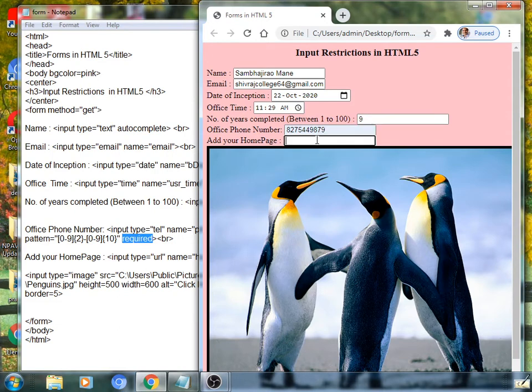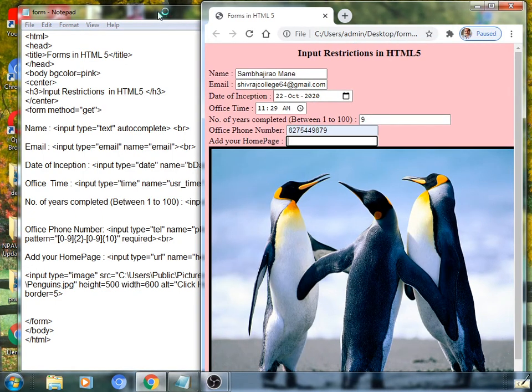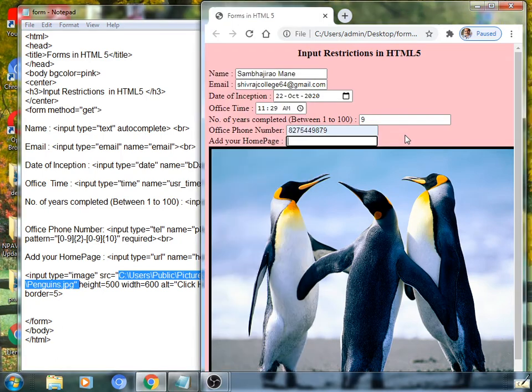Next is URL, Uniform Resource Locator. For this, we have used add your home page as a field name. Such a field is applicable for online or offline values. With a connection to the internet, one can open the home page website, as well as if you want to open a local file, one might give its address.